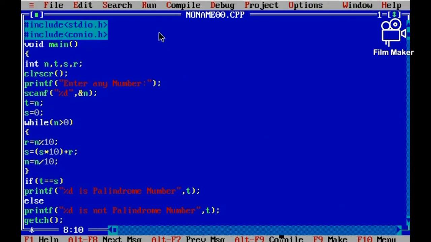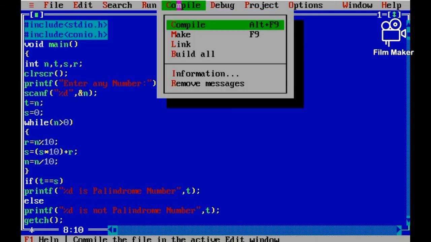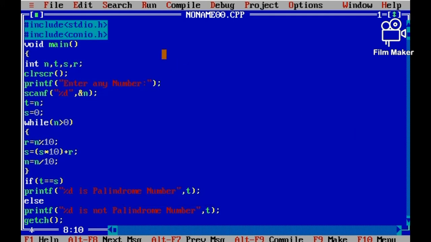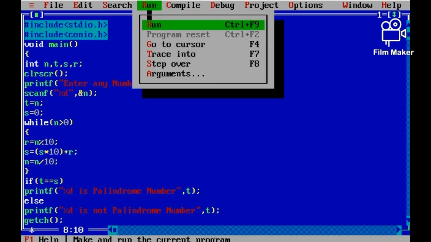Then we will save it. First of all, we have to compile it. For compilation we click on compile, or you can press alt plus F9. There is no error, error is 0, so we can run it by run or control plus F9. Enter a number.